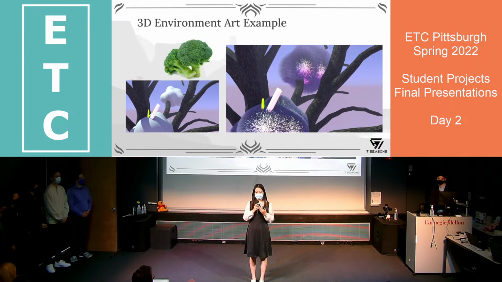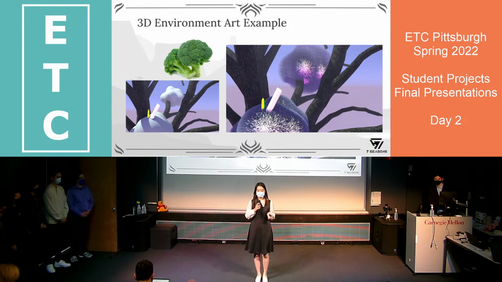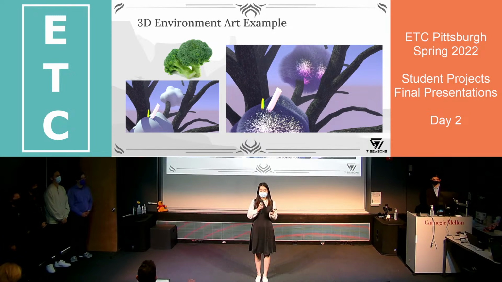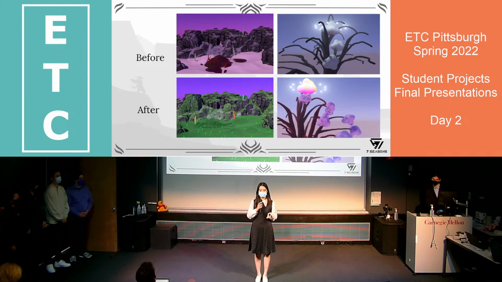And when we designed the concept arts of the different environments and the landscapes using 3D modeling tools, we wanted to create an atmosphere of mystery and exoticness by utilizing different shapes and vibrant colors. For instance, in this case, when we designed the surroundings within the whale's lung, we drew inspiration from the structure of broccoli. And we also incorporated other natural elements such as trees and mountains.